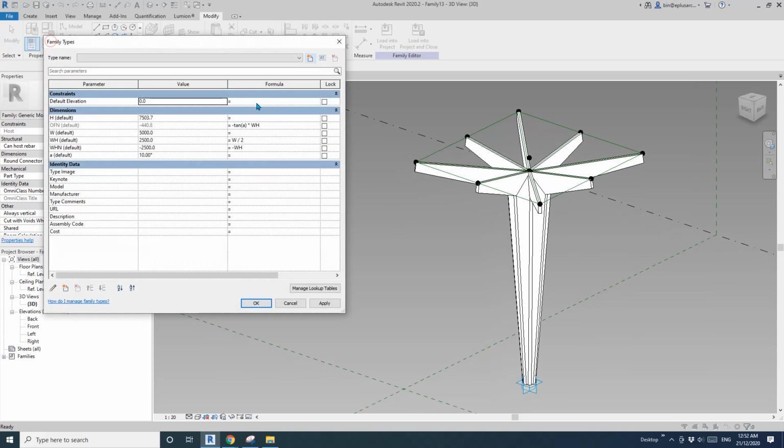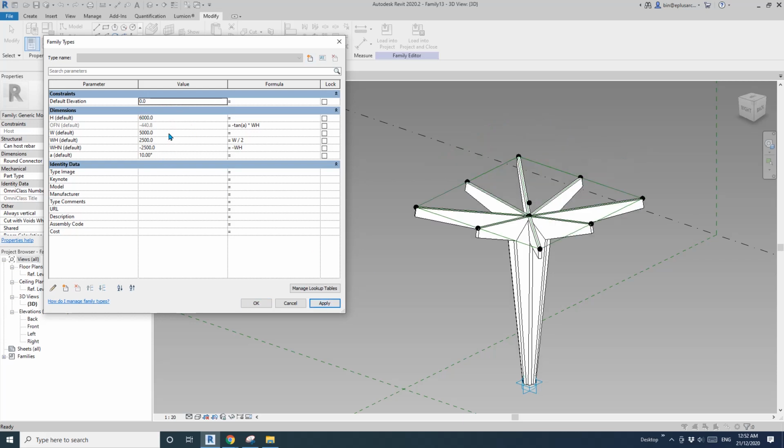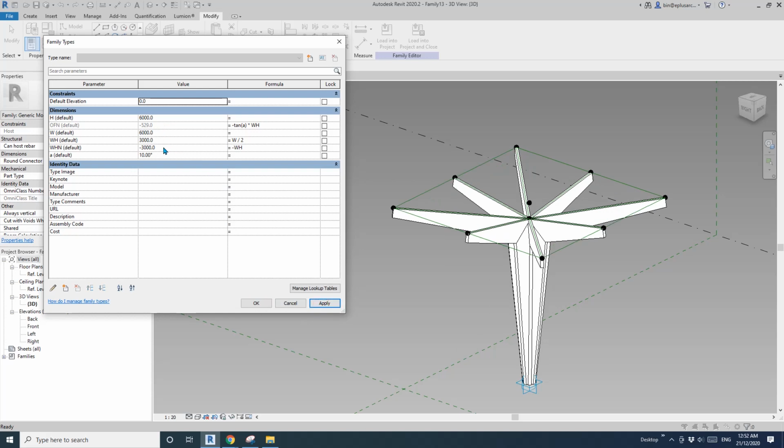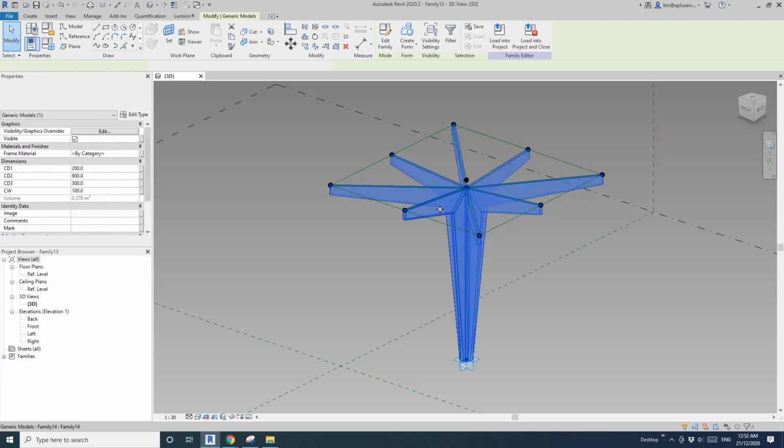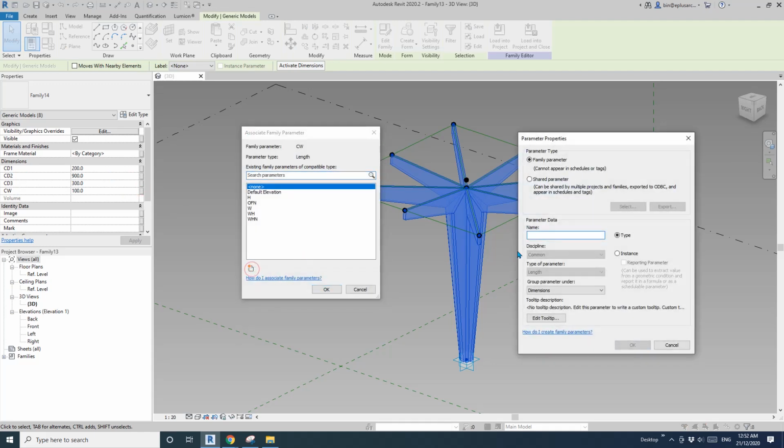If I change the height to maybe 6 meter, change the size 6 meter as well, and change the pitch to 5 degree. Yeah, that's it. And also we will need to select all of these structures, and then we're going to link all these. So I'm just going to create a new